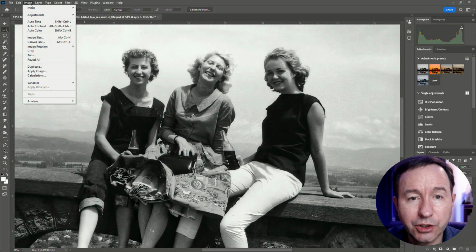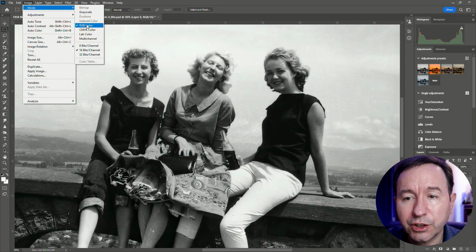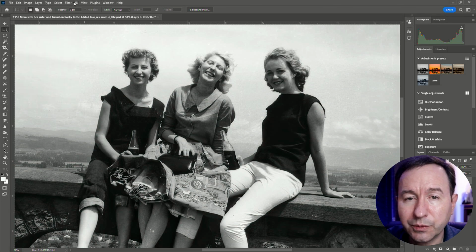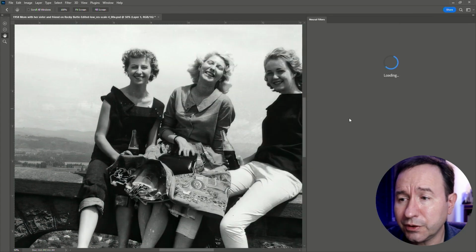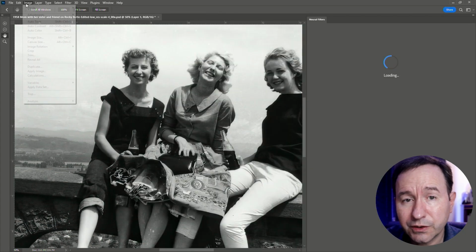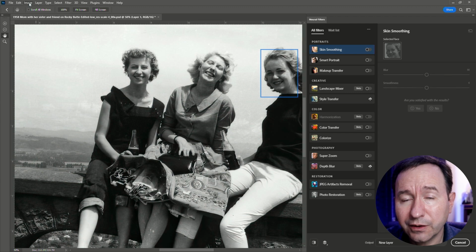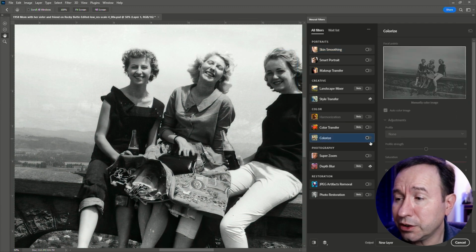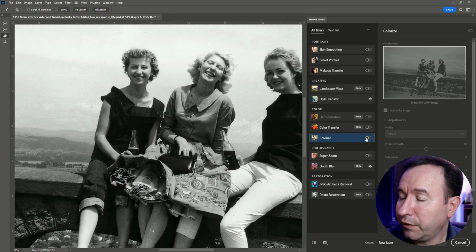We have to go up to image. We have to put it into a mode of RGB. Oh, it is there. Okay, good. And 16-bit, yes. So we're set. So we can go into neural filters. Make sure that if you do this, that your black and white is set into RGB or else this won't work. So right here is the colorization here. And if I turn this on,